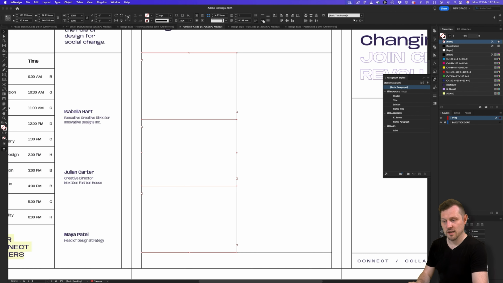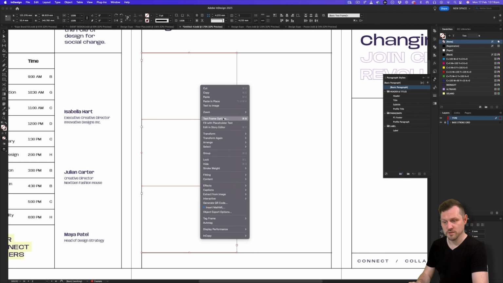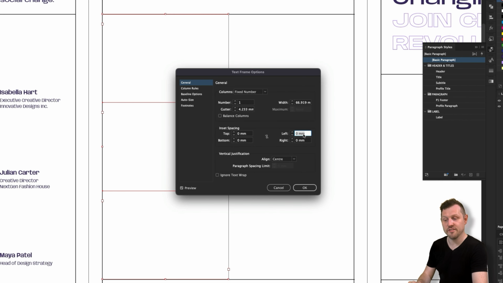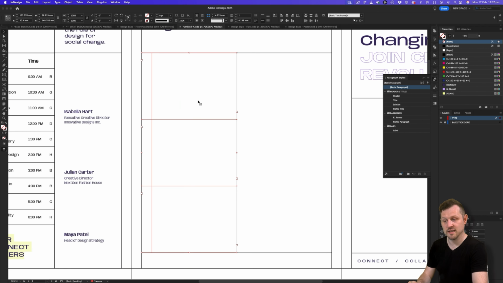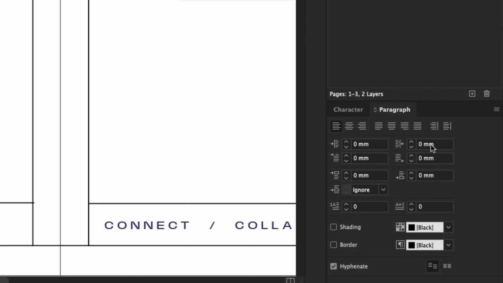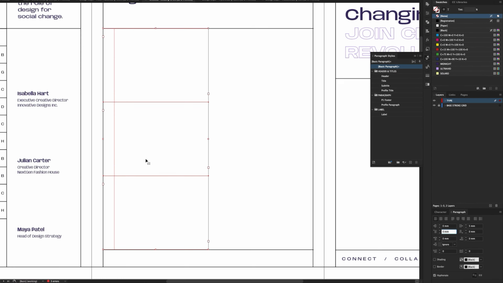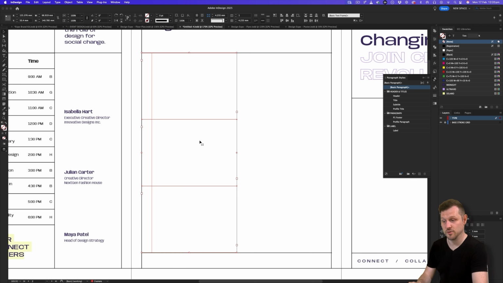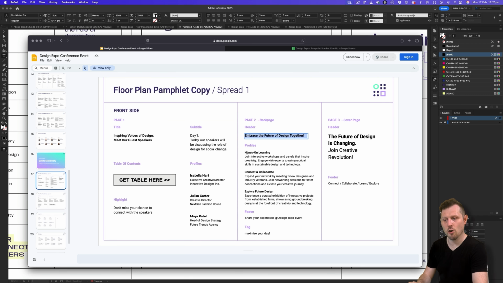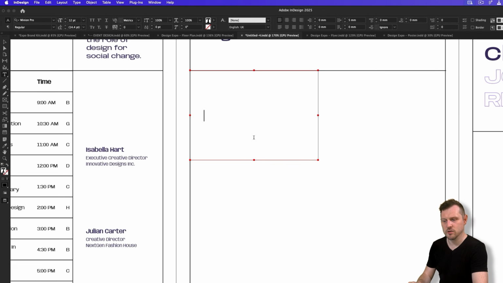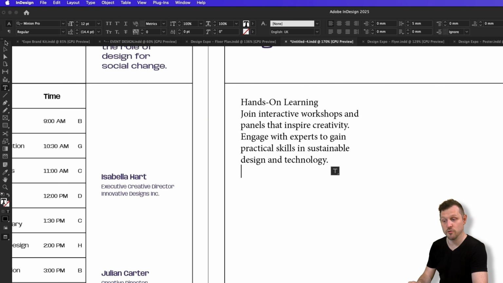Then I'll right click and select text frame options, and I'll only add a 7mm inset space to the left, click OK, and with the frame selected, I'll come down into the paragraph panel and add a right indent space of 5mm, and now all 3 of these text frames are ready to place text into. So I'll click into the first frame at the top, jump into the content deck, select the copy for the first row. Back into my document, I'll paste in the text,